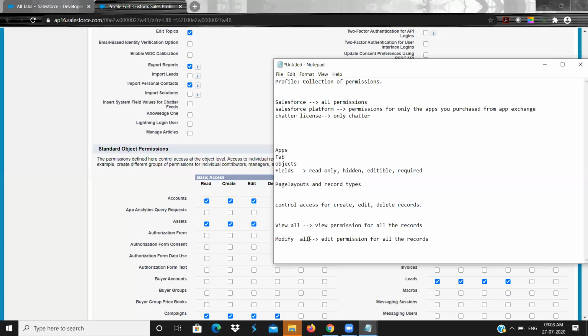In an interview, they will ask something like: I don't have access to account records, but I can still see the account records. I don't have access to the account object or anything, but I can still see the account. How is it possible? If you get that question, you should check whether the user has view all and modify all permission or not.